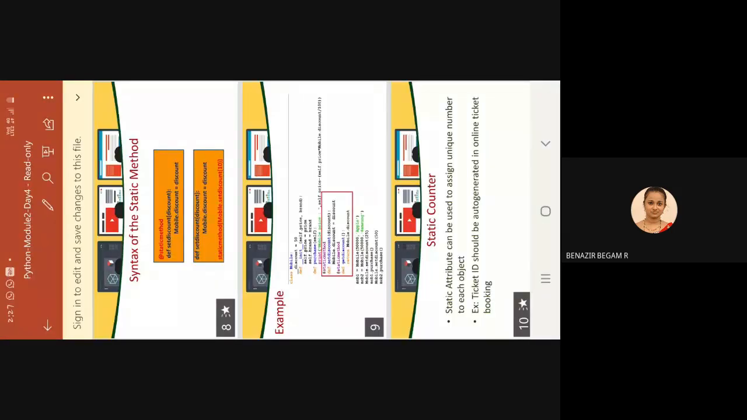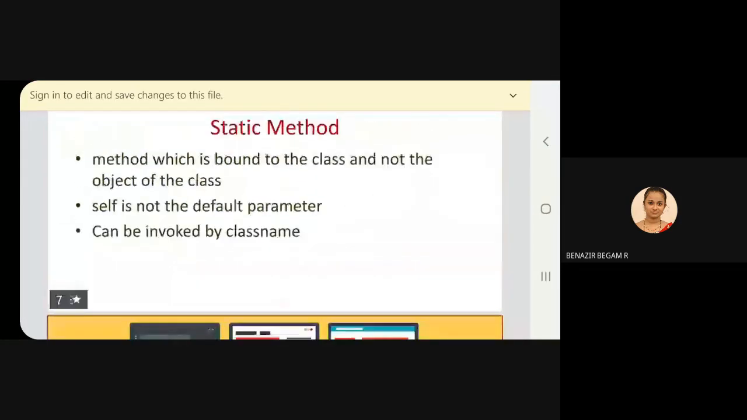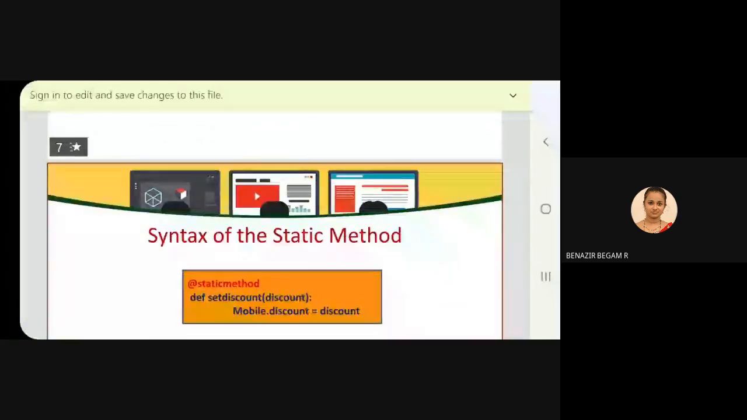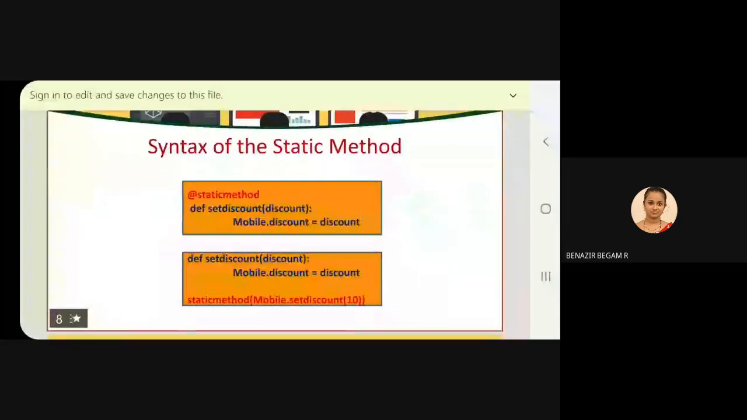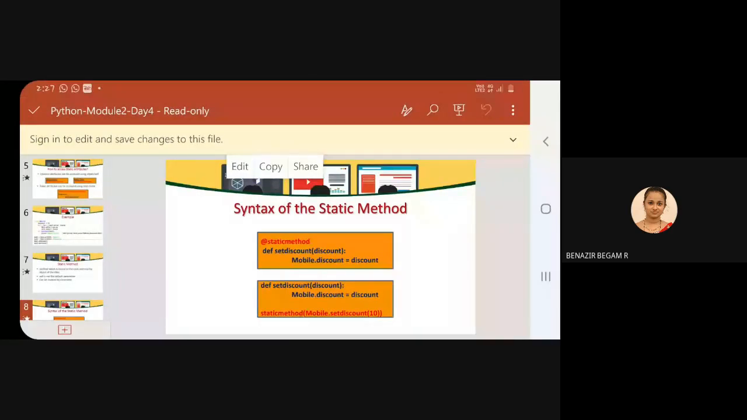So, static method. Here self is not the default parameter. As with the static attribute, you can call the static method using the class name. There are two ways to define a static method. The first one is that before the method you have to include @staticmethod, and then you can define the method. Here you have to note that we didn't include the self parameter. This discount is actually